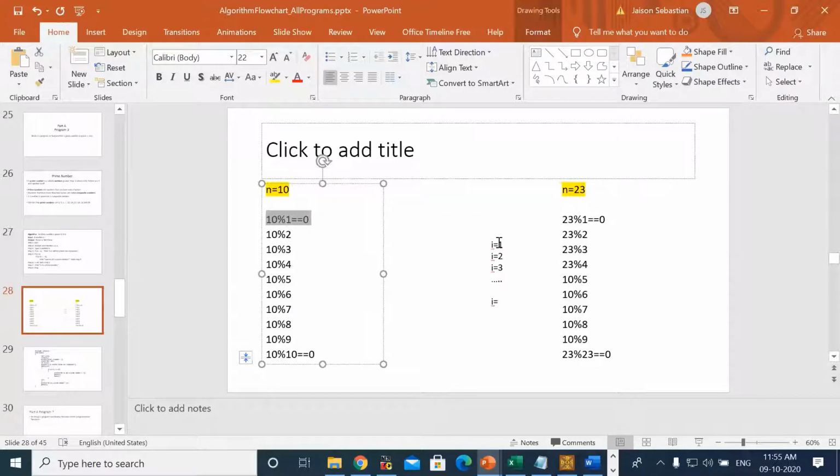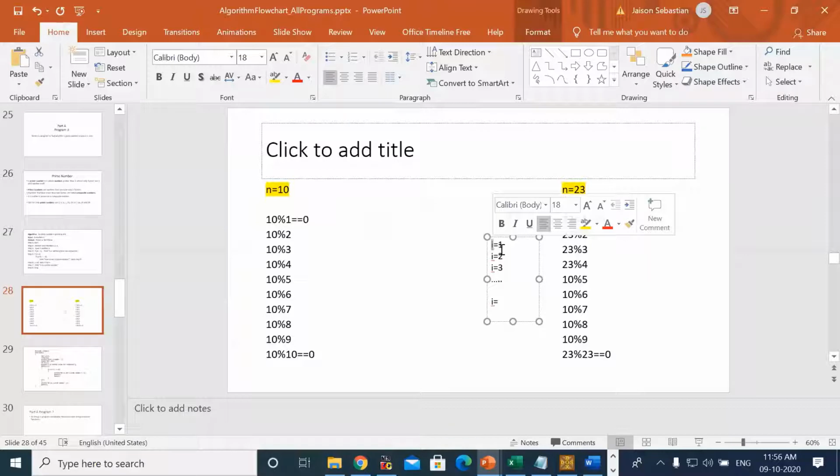So we are using the variable i in order to divide. Each time we are not dividing n by 1, n by 2, like that. We are using a variable for both sides. Instead of 10, I'll be using n, and instead of 1, 2, 3, I'll be using the variable i, right? So the i value will be in a loop. It will be incremented in each loop iteration. First i will be equal to 1, in the second iteration i equal to 2, i equal to 3, until that number. In order to check whether it has reached the number, what checking will I use? I'll be checking if the i value is less than or equal to n.